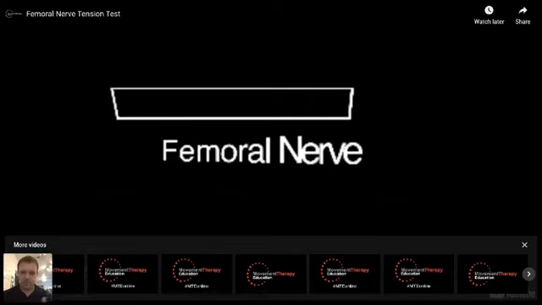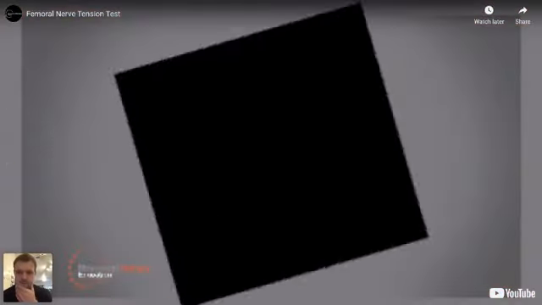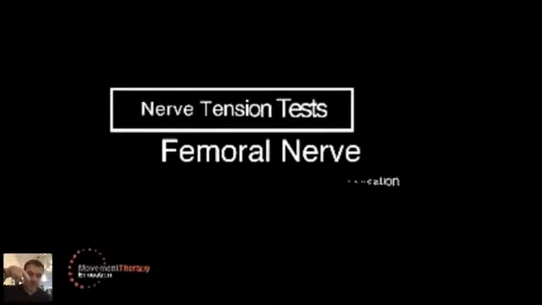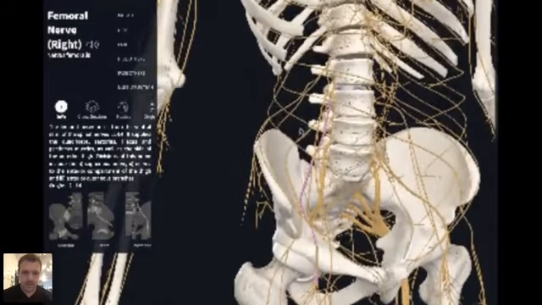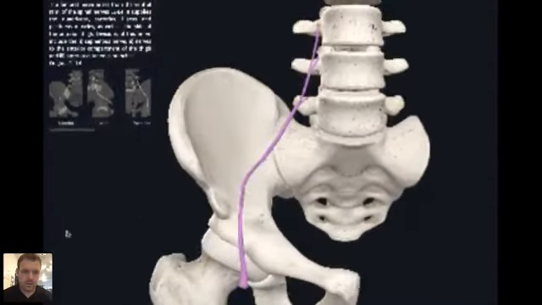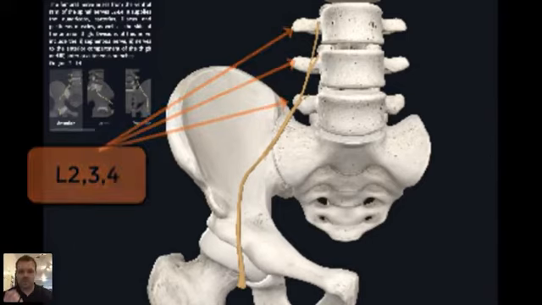So just go through that again if you've never seen that before. So what we're trying to do is stretch the femoral nerve. So we know where it goes from. Just play that again for you. So we know where it goes from and where it travels. And in this position that they're in, it will stretch the nerve. L2, 3, 4 are the nerve roots. So if you imagine the position that he was in just then with the leg back, that's going to open up the front of that hip, which is going to put tension through that nerve.